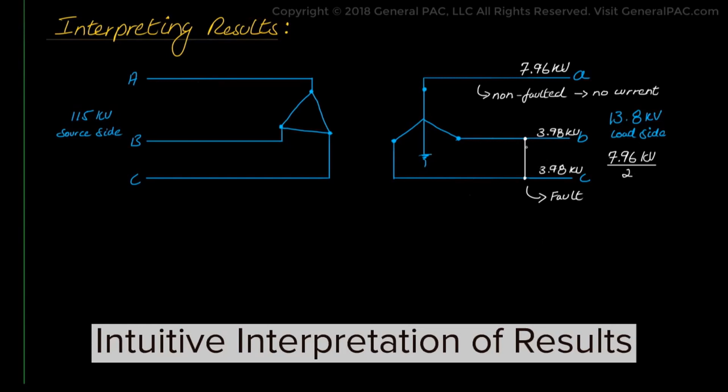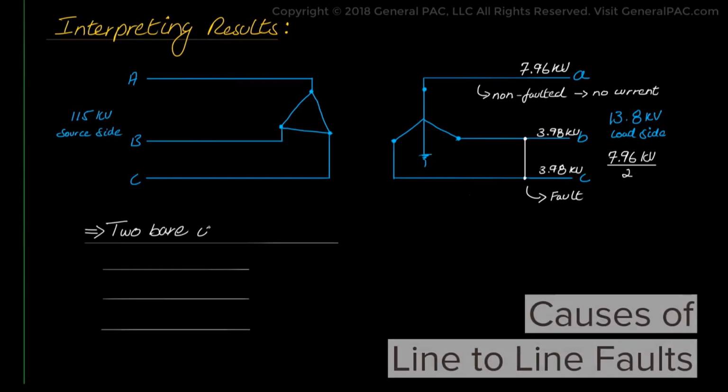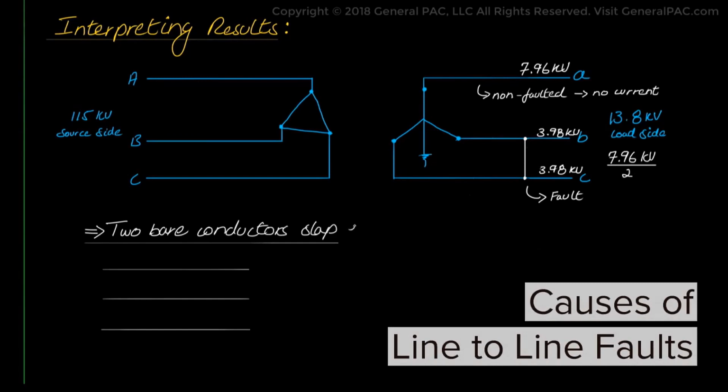Now this is an interesting case, where conductors or phases slap each other due to a heavy wind condition or a geo-disturbance, like accidents, vehicular accidents on a pole where